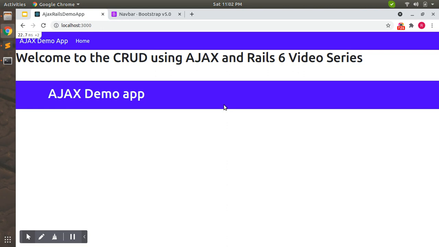Now one can think about why the footer is in the middle of the page, or just a little short from the top. You can fix the footer at the bottom of the page using some CSS styles, but I'm not doing that because that is not the purpose of this series. In the next lecture, we will add some style to the home page and then we will switch to our main purpose, that is Ajax.